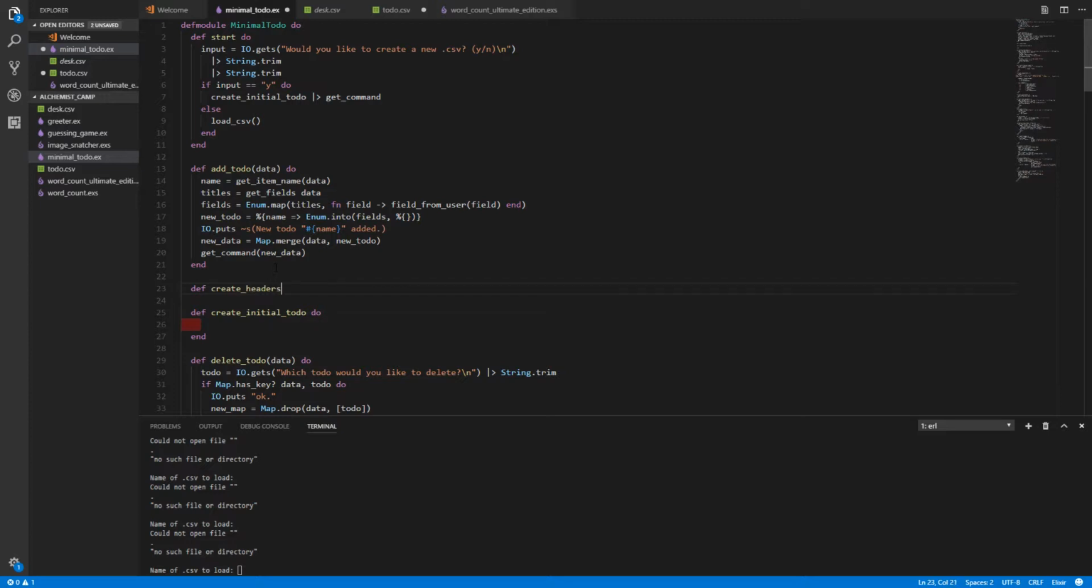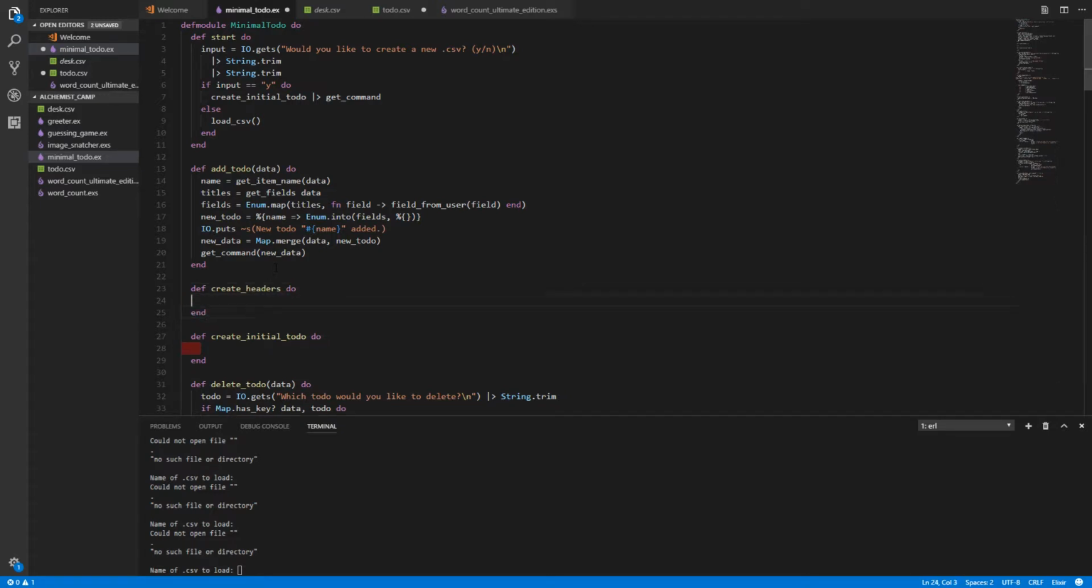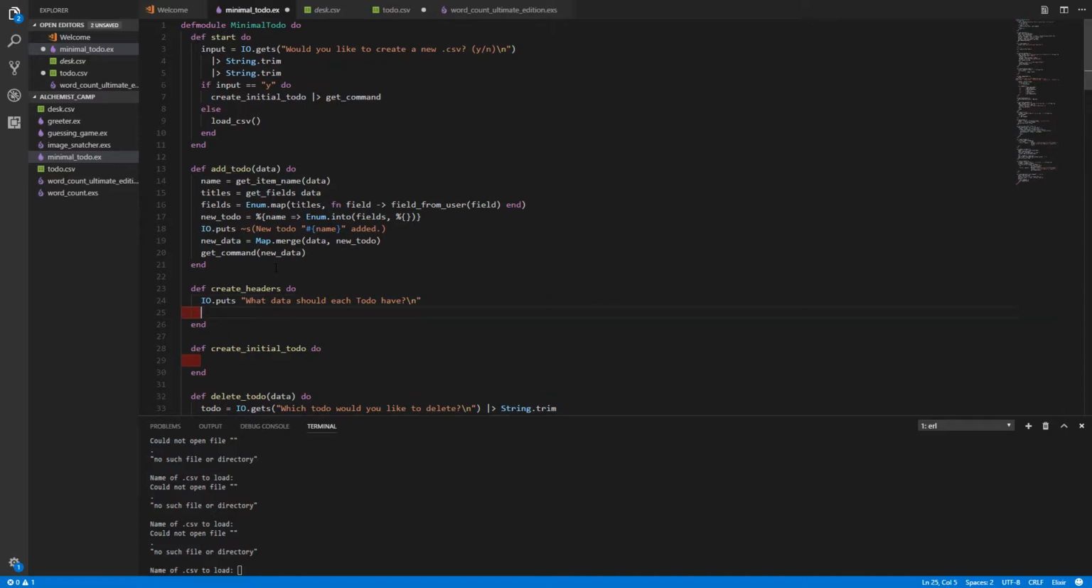Create headers, and that also has no data. So io.puts, what data should each to do have? Going to be a long line, that's why I didn't do another io.puts. Enter field names one by one and an empty line when you're done. Right, and then